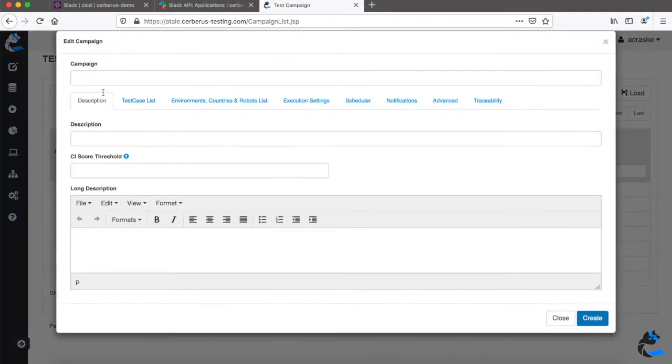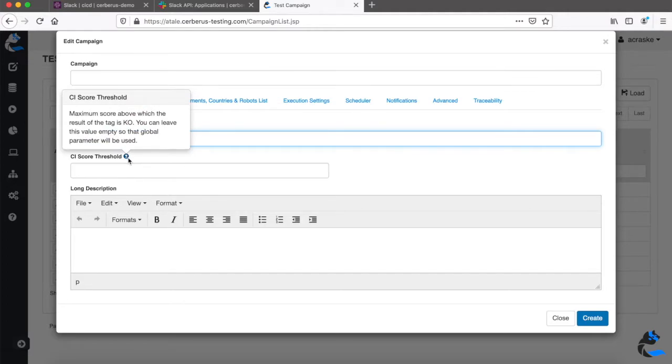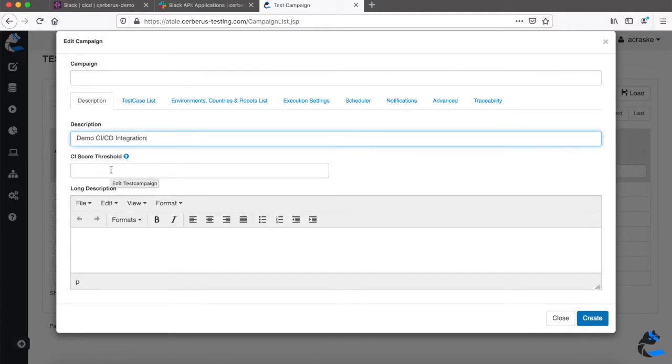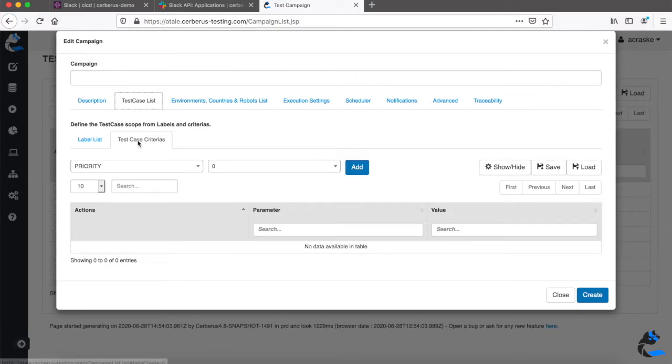The next step is to go inside Cerberus and configure our campaign with the Slack integration. You can specify your campaign name and description. You can also set a CI score related to the campaign to continue or not. Here we select the test cases.